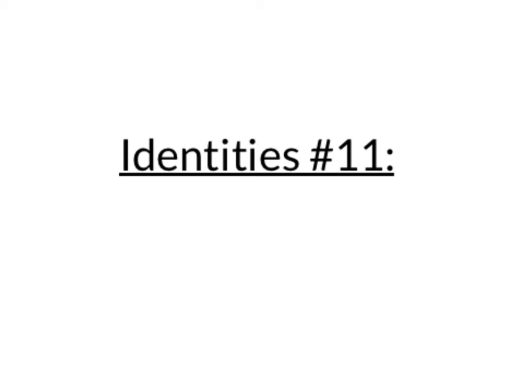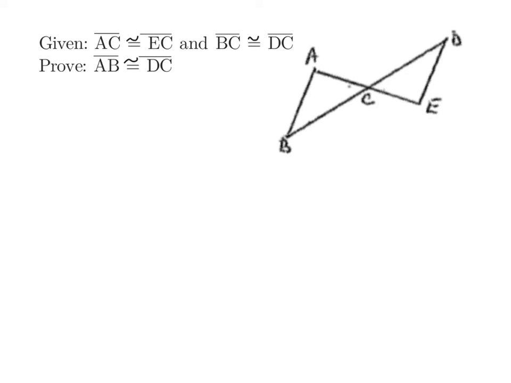There's a lot of geometry stuff on yesterday's assignment that I want to go through. First of all, there's a couple of geometric proofs. The first one being that if AC and EC are congruent and BC and DC are congruent, prove that AB and DE are congruent. So just to clarify our picture a little bit, we have that AC and EC are